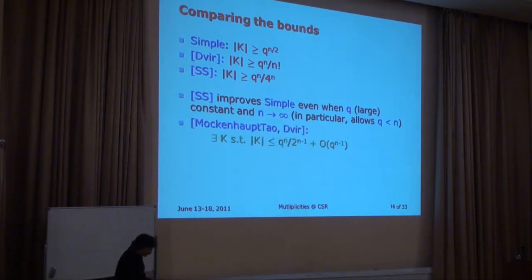And after we looked at this, we started comparing with known upper bounds. How large can these Kakeya sets be? It turns out you can get some upper bound better than q to the n. You can actually get something like q to the n divided by 2 to the n minus 1 or so. So some exponential loss was necessary. Some exponential loss is all that's going to happen. So this has to be of the form q to the n divided by some constant to the n, and that constant is somewhere between 4 and 2.